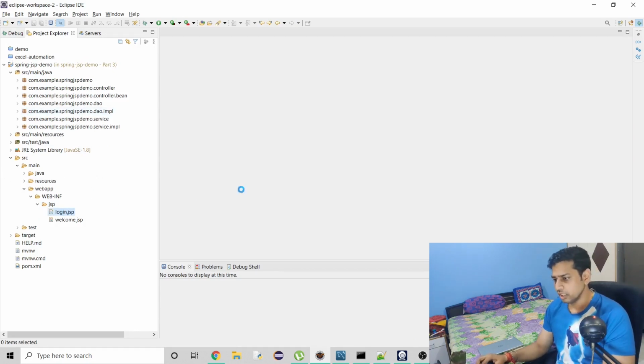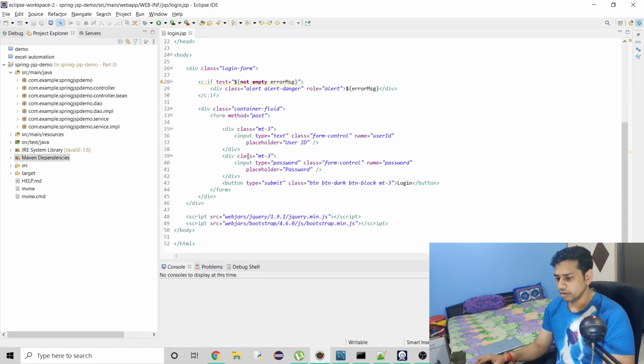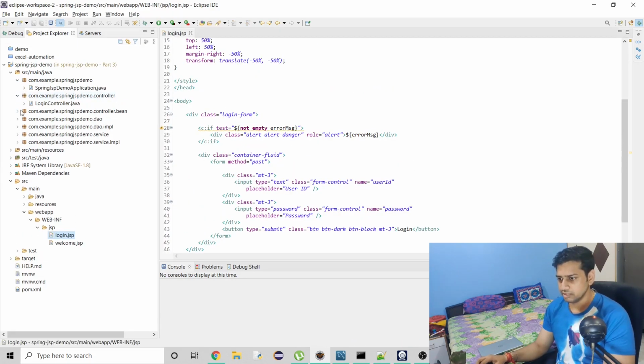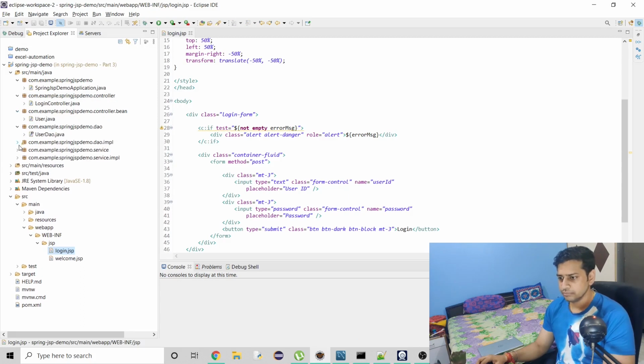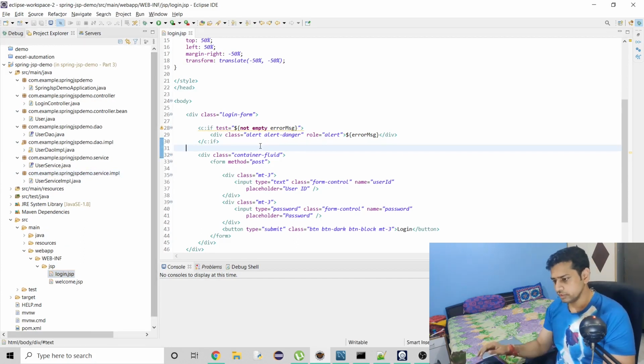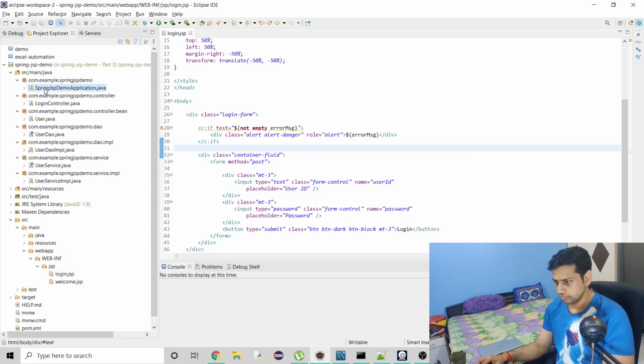So I have the code with me. Here you can see that there is no register JSP page, which we have to add, and this is the login JSP page which we were using, and these are the classes that we had in part 3. This is also the project structure. What we have to do is first run this code so that we can have some idea how it is looking right now, and then we will keep adding to it.